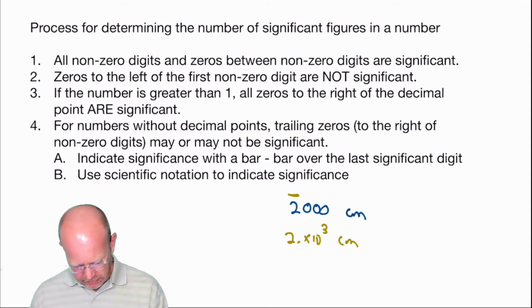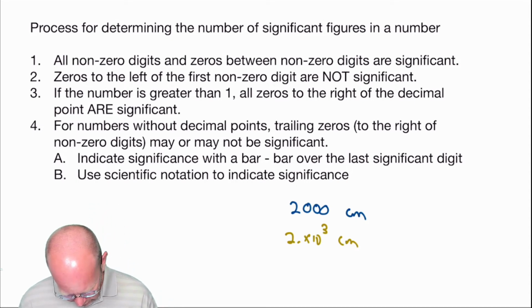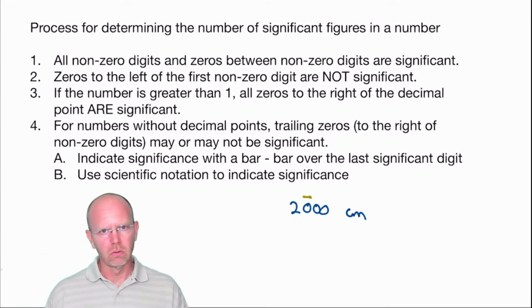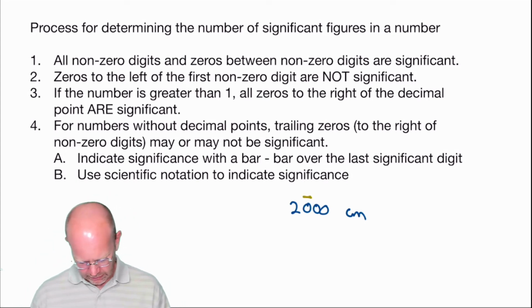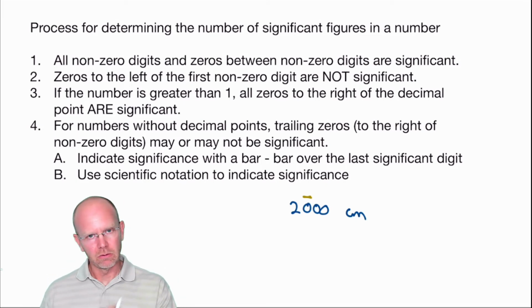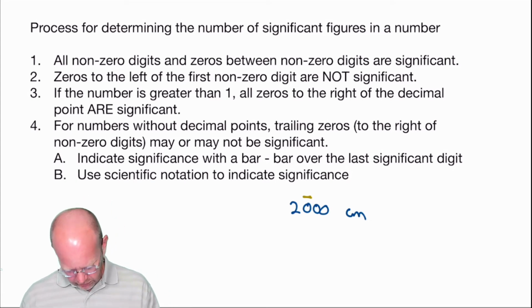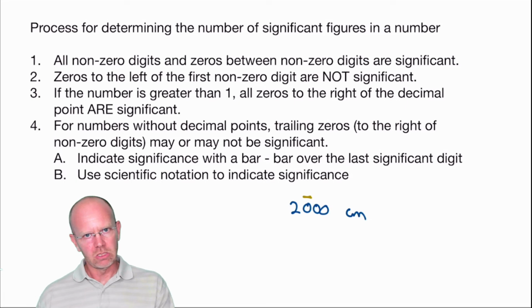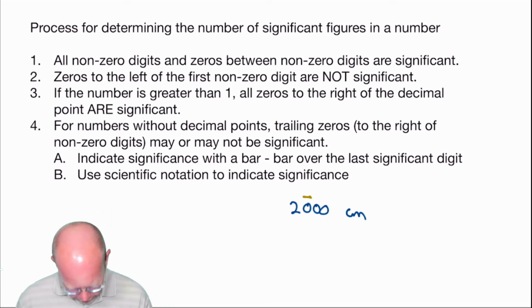Let's say we were using a slightly more precise instrument to make that measurement. So this time, let's say we were certain to the hundreds of centimeters. So we were certain about the 2 and the 0, the first 0, the hundredths place, but we're not certain about the tenths place or the units place. We could indicate that level of precision with a bar over that second 0 or that first 0,